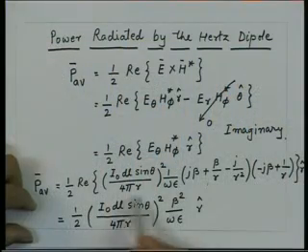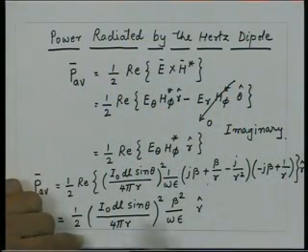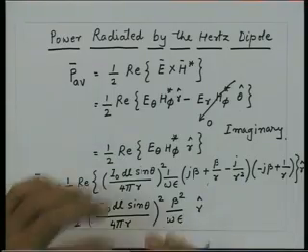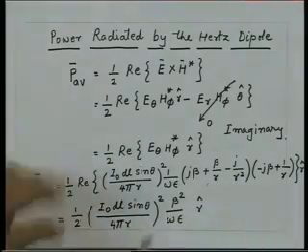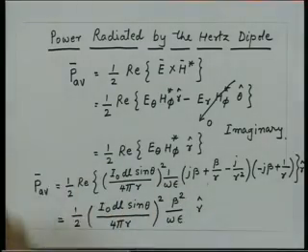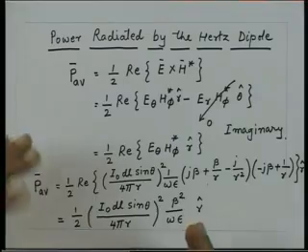Once you get this general expression, we can find out what is the total power. This is the Poynting vector, which is varying as a function of theta. Now, we can take any distance r, take this Hertz dipole enclosed by any closed surface, integrate over the closed surface, and that will give me the total power radiated by the Hertz dipole. For simplicity we can take this closed surface as a sphere, so your integration is simple.